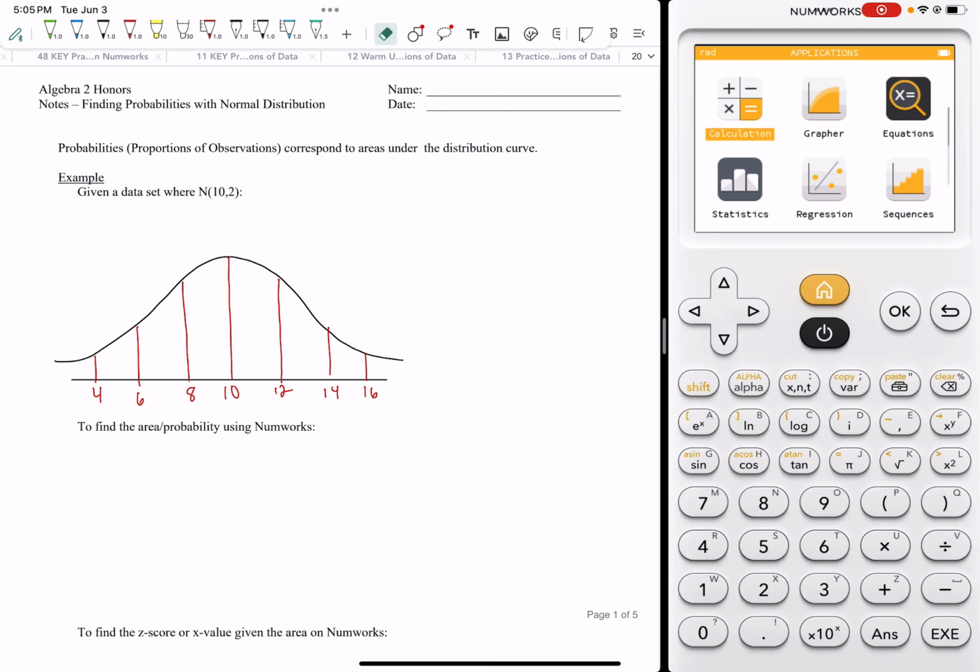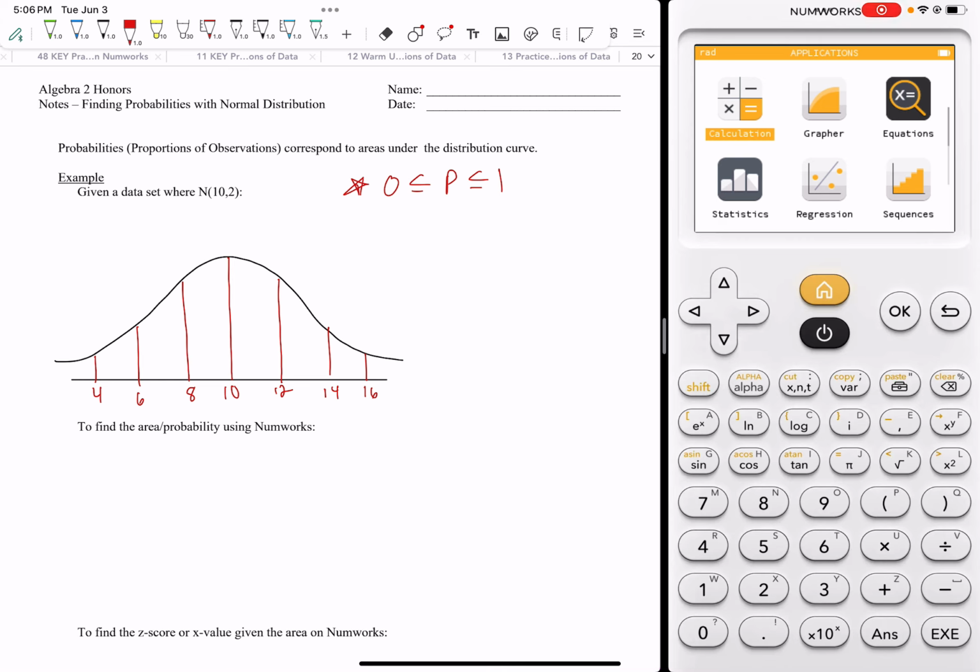Hey everyone, today we're going to talk about finding probabilities with normal distributions. So the difference between today and what we did the first day is we're not looking at percentages, but actually probabilities. So the first thing I want to remind you of is that when we are talking about probability, the probability of something is between 0 and 1 inclusive. If the probability of something happening is nothing, then it's 0. If the probability of something happening is certain every single time, then the probability would be 1, and it could